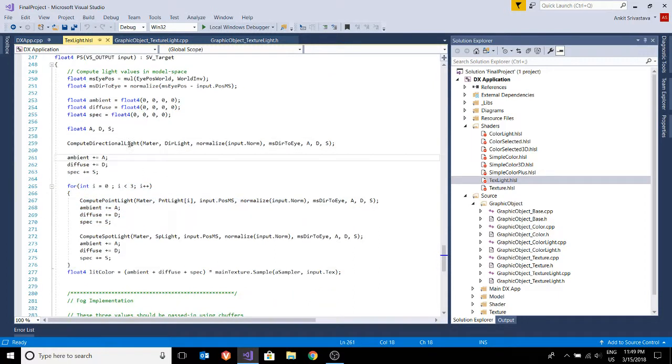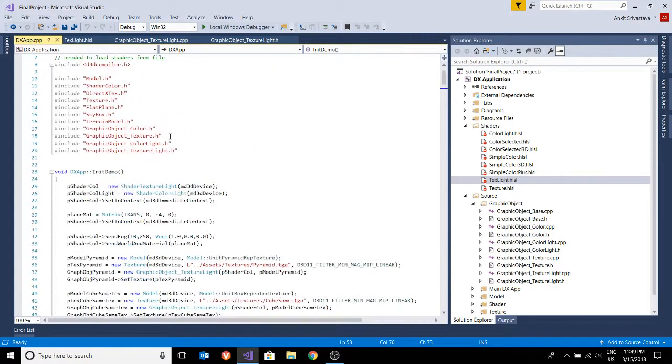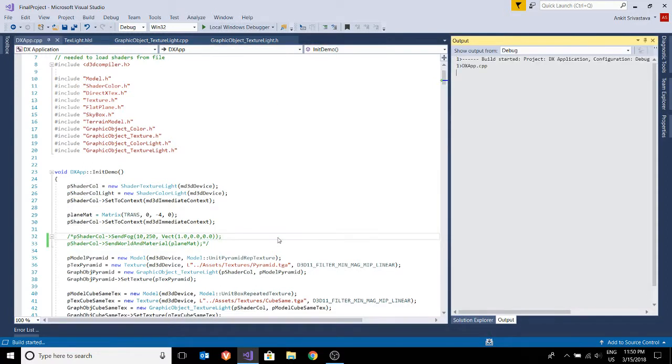Now I calculate the point light because there are three point lights rotating on the screen, and then I calculate the fog data for the final light that is rendering onto the screen. According to my fog range that I have set over here, everything has a foggy effect. This can also be removed, so this was also one of the requirements. This has a default value, so if I comment this out and I run the program,